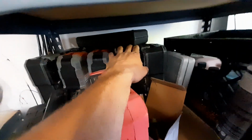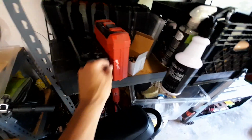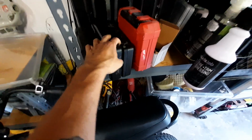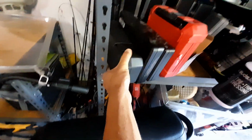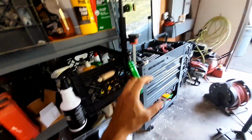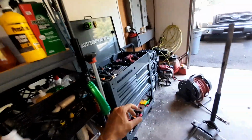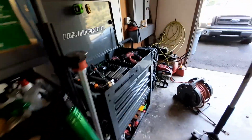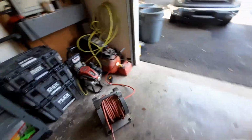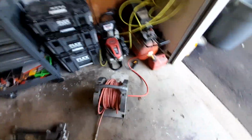I keep my serpentine belt tool up top, tap kit, hole saw. These are all for my hole saws. Soldering gun, butane torch, and this is one of those, I forget, it's from Capri, but it's basically one of those punches that you smack when you got a stuck bolt, and it helps you just get it out without stripping, which is great. I actually got this compressor for free with the hose